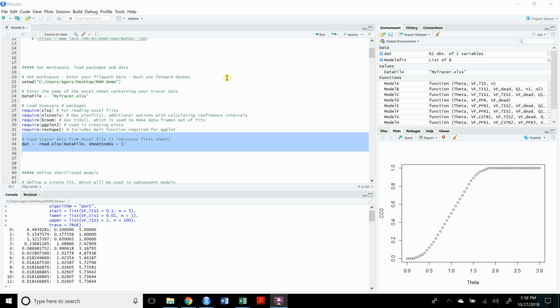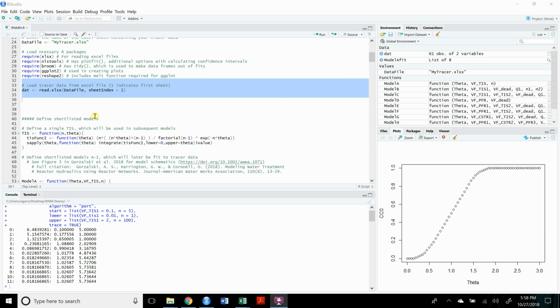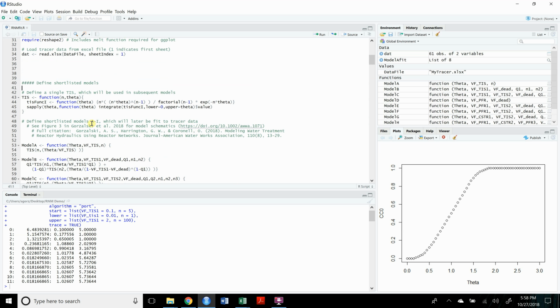So now that we've loaded our tracer data into R, the next thing to do is to define a list of models that we will be using to fit to tracer data. And these are labeled things like model A, B, and C. While those designations don't tell you a whole lot about the model itself, that's because they reference a separate